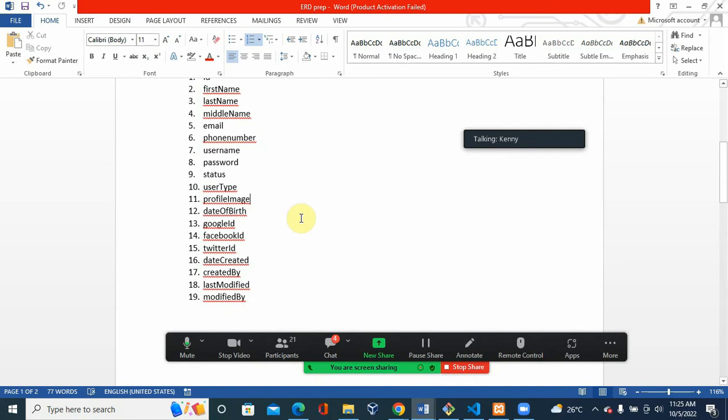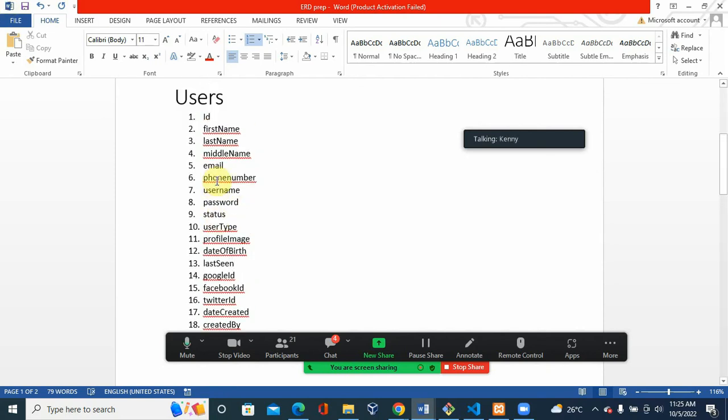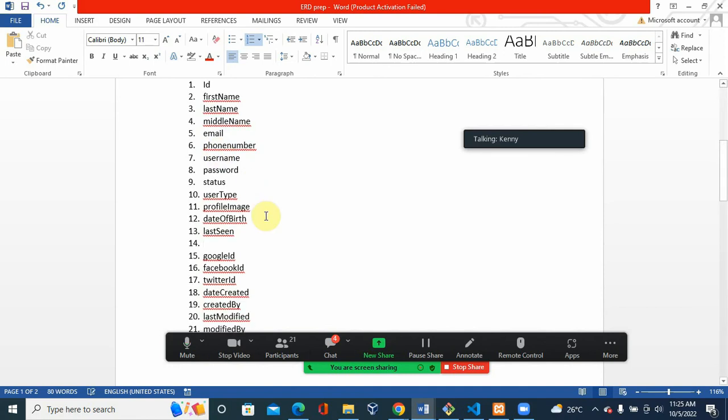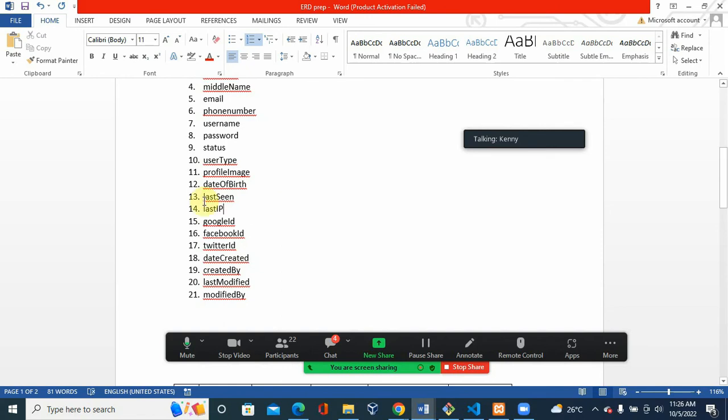So just like Bangshim just said now, if you want to keep the last time the person was seen, you can keep it here, last seen. Something like that should be in this table, and then let's say apart from the last seen, you want to see the last IP address. Some people can keep it. The users table can be very complex. The last IP address, if it is important to your business logic, if you are working with some very secured applications, you want to know the last IP address the user used, the last known location. Let's say you want to know the last